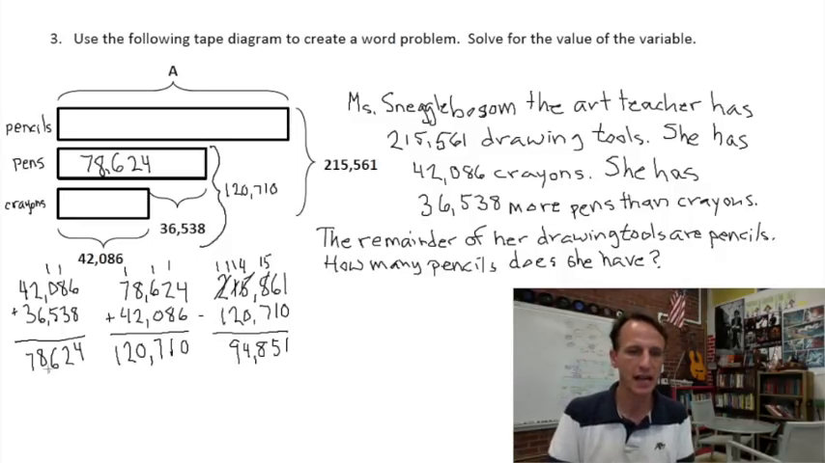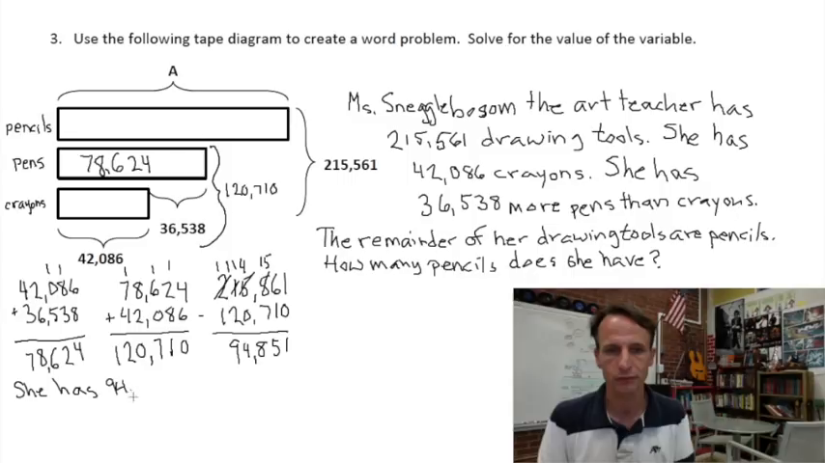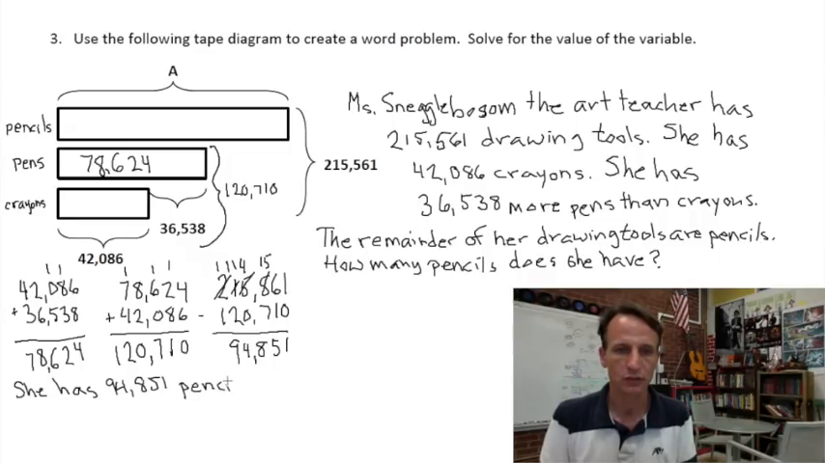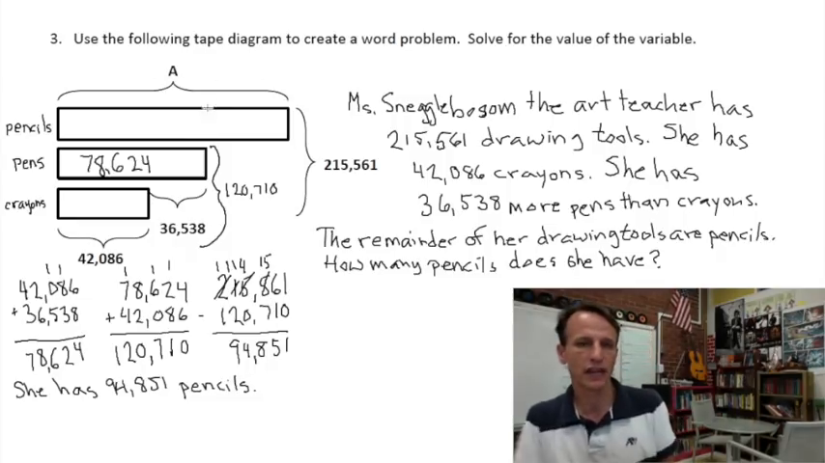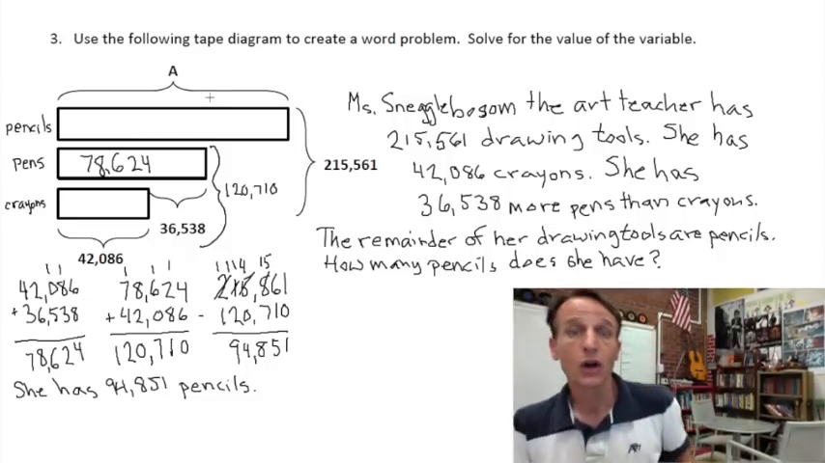So she has, this is our answer for A. This is our final answer, the variable. She has 94,851 pencils. So that is the value of the variable. Okay, woo,